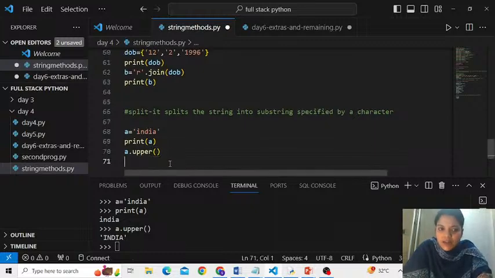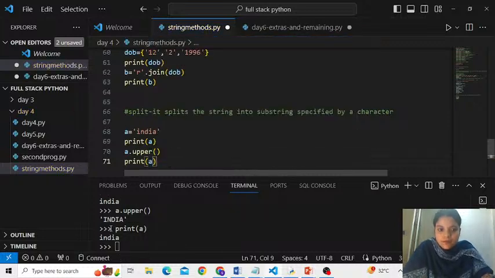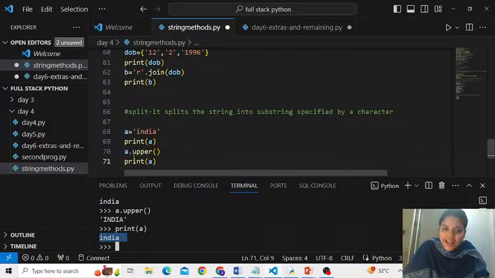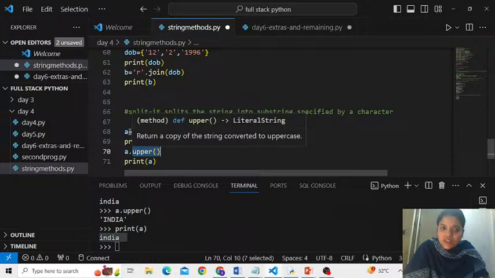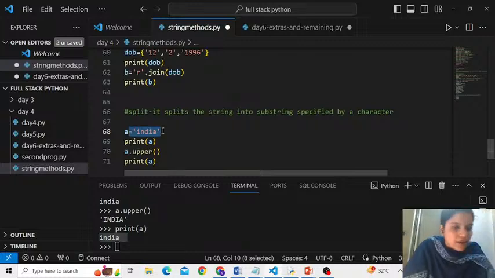But if you again write print A, no, A has not changed. Am I right? A has not changed. So any of these functions never originally changes the string. Is that okay? Fine. Good. So that is the meaning here.